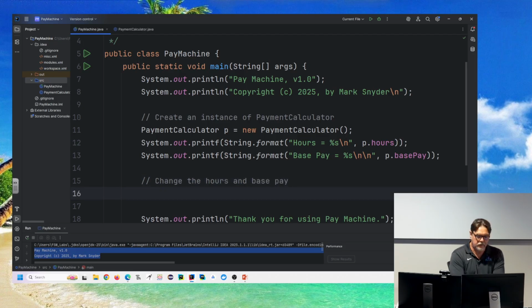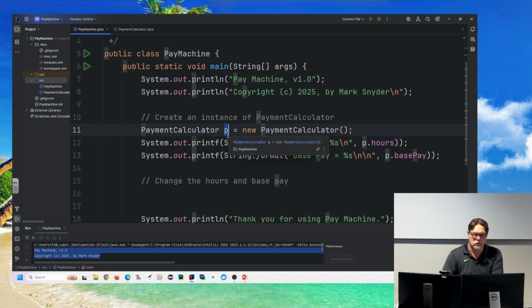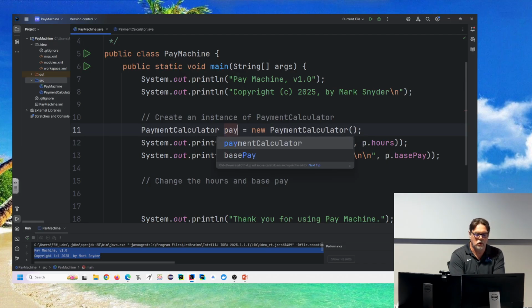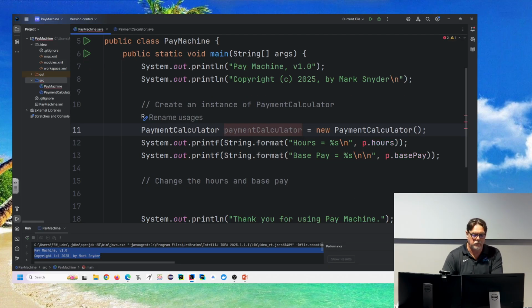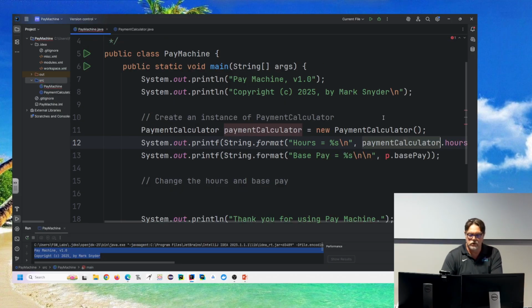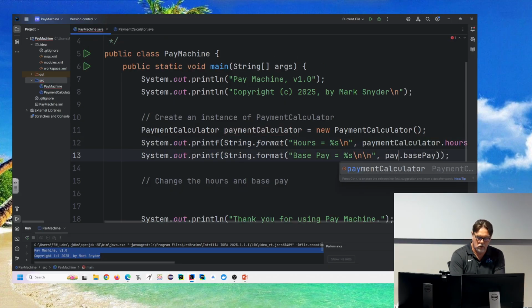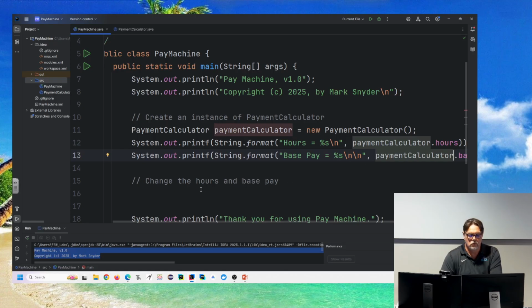So now I'm going to modify it. So I have a reference to a payment calculator. Instead of P, I don't want this to turn into a do as I say, not as I do. I'm going to give it a little bit better name. But that means I have to change it down here too. So if I'm going to change the hours and the base pay of that instance of that object,